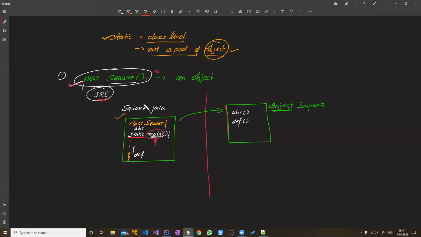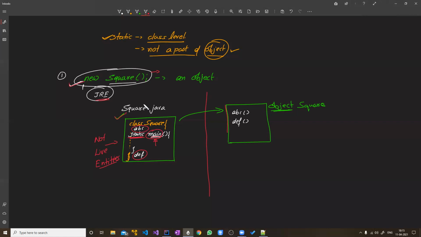And that's why in this main function, which is a static function, if you want to access anything which is part of an object, so here see abc is here, but here it is only written. These things are not live, you can say. They don't have any life. They are not live entities. They are just a framework.